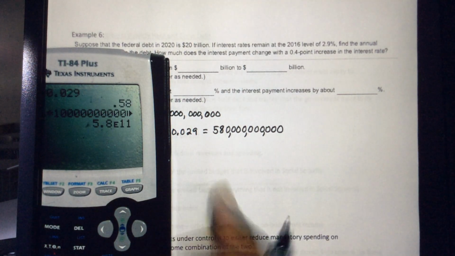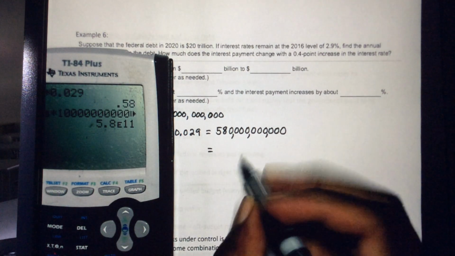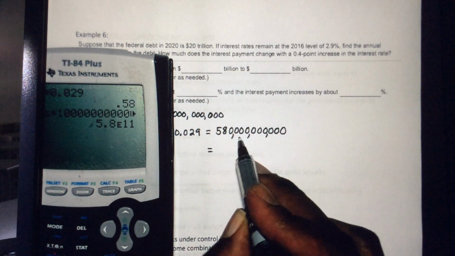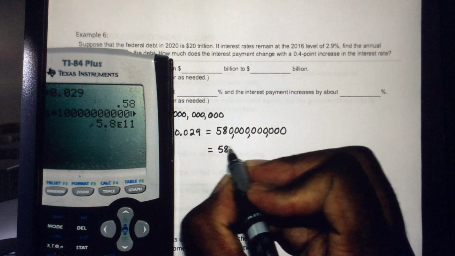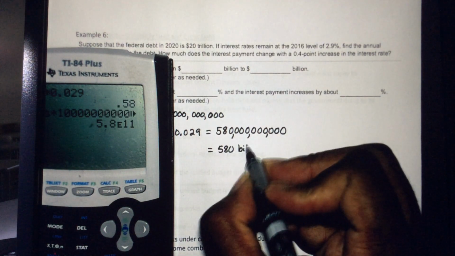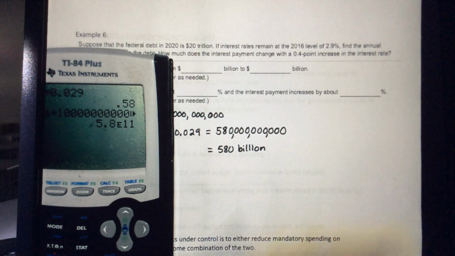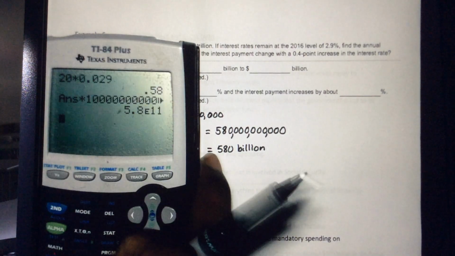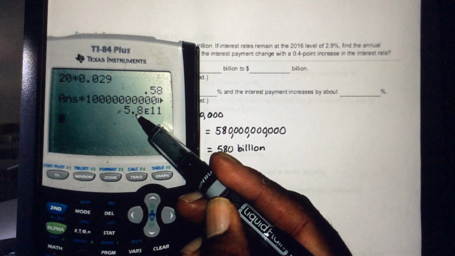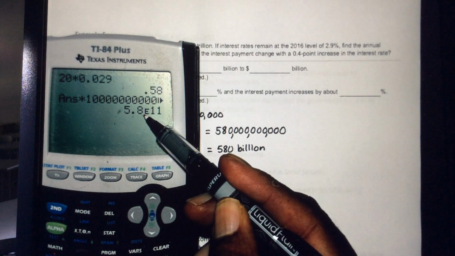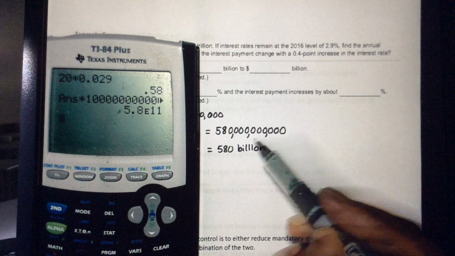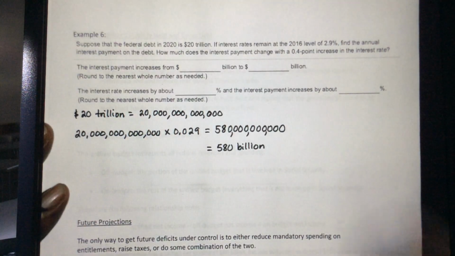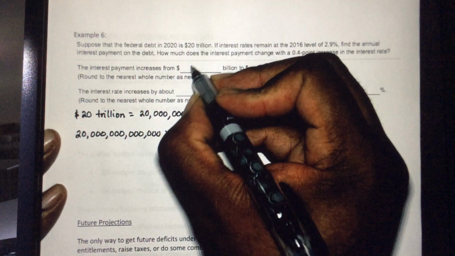And this is actually read 580, and that's million. This is in billions here. So it'll be 580 billion. Okay. And what I did here, I got one decimal place. I can move it over one place, but I have to move it over another 10 places, so I need 10 zeros. So this will be the interest increases from $580 billion